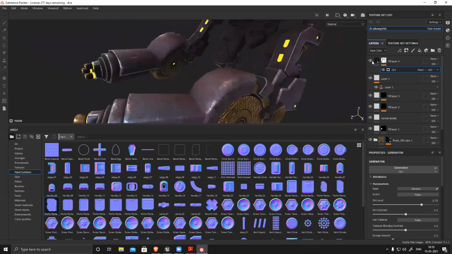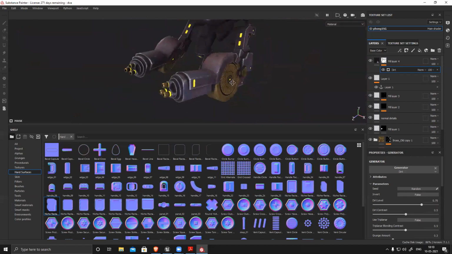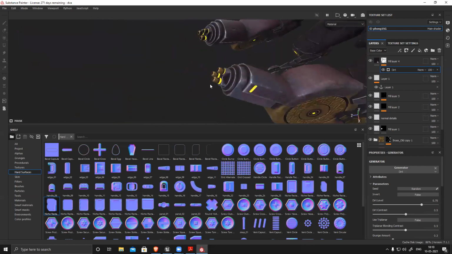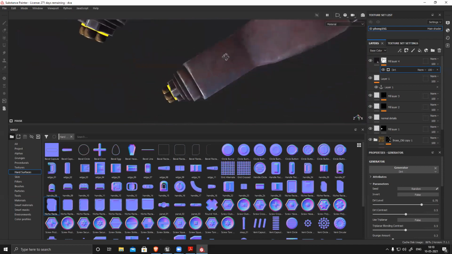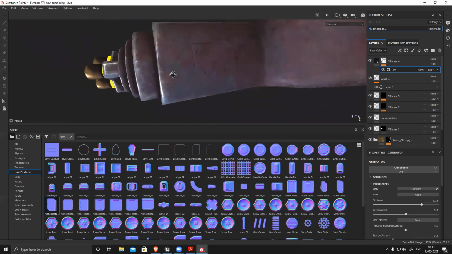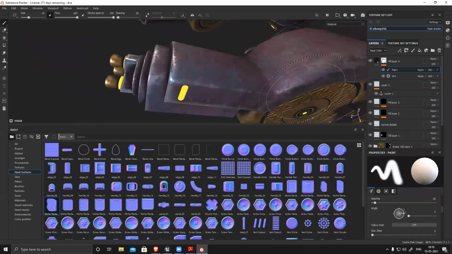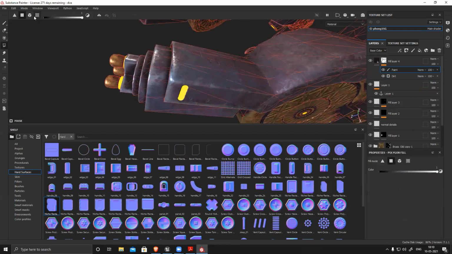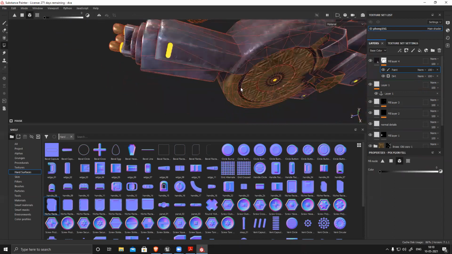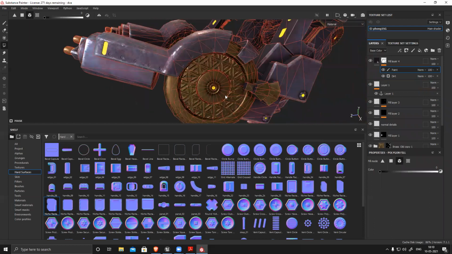You can see throughout the mesh, it will generate dirt. But I don't want it to apply everywhere. I want it to work on only this section. So what I'll do is I'll right click, add a paint selection. I can use mesh fill. Oh, sorry, X. So I am removing this dirt from all other parts.